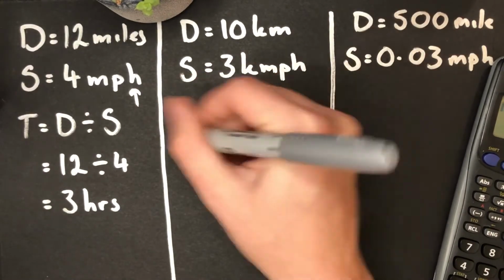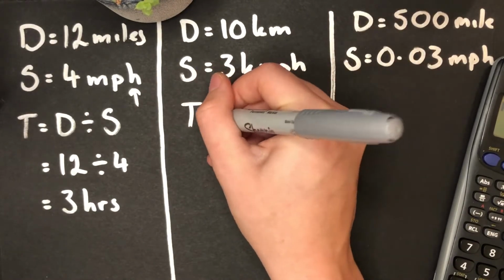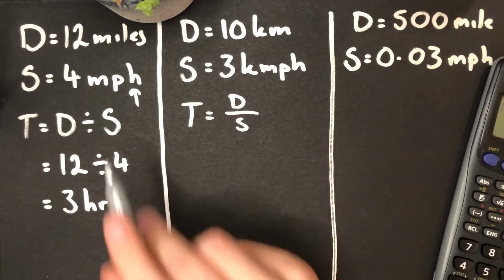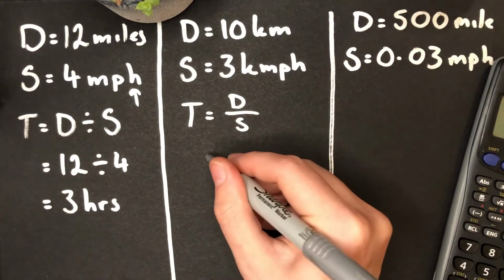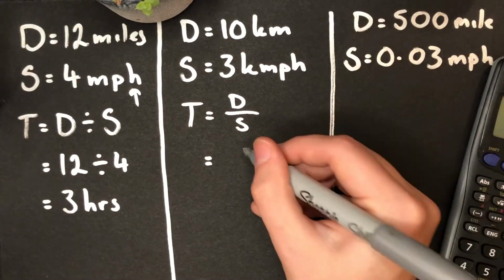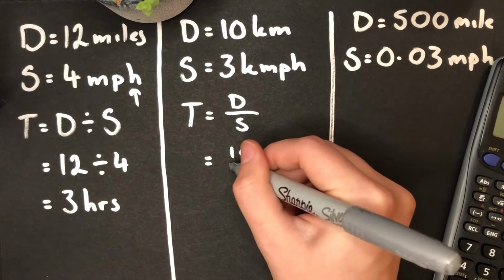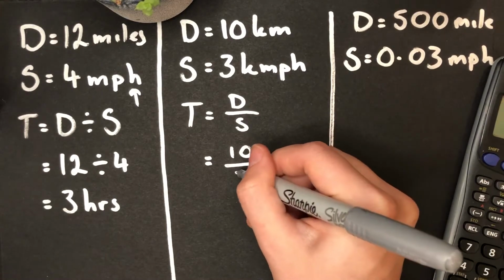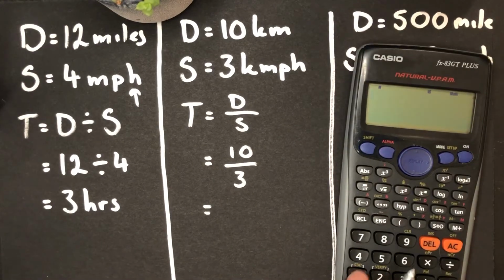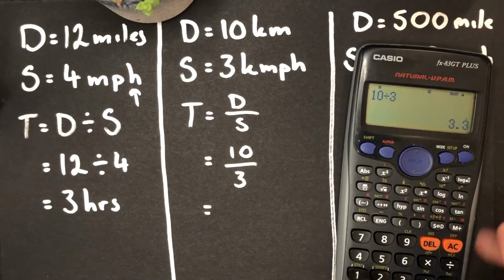Start with the formula. Time is equal to distance over speed. That's exactly the same as saying distance divided by speed. I've just written it with a fraction. Don't fear the fractions. The distance is 10 and the speed is 3 kilometers per hour, so 10 over 3. I could use my calculator for this. 10 divided by 3 gives me